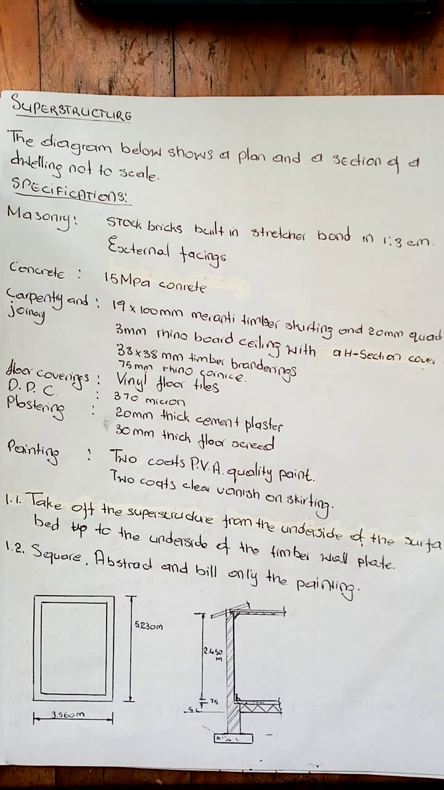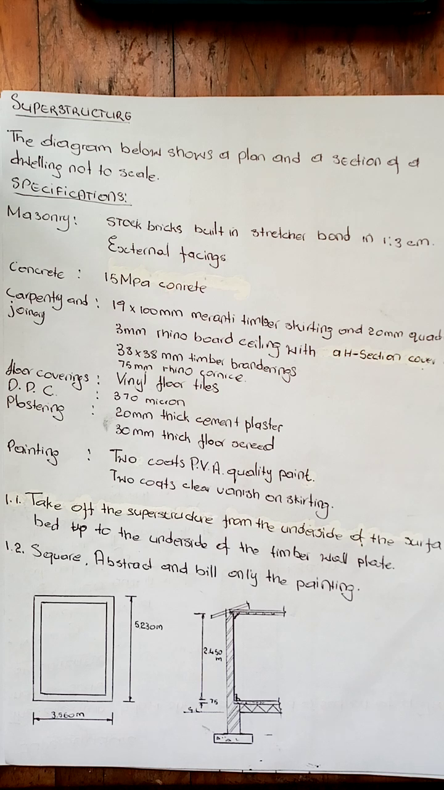Externally is the facings. Concrete, it is 15 MPa concrete. Carpentry and joinery: 19 by 100 millimeter meranti timber skirting and 20 millimeter quadrant, 3 millimeter rhino board ceiling with an H section cover strip, 38 by 38 millimeter timber brandering, 75 millimeter rhino cornice. Floor coverings: vinyl floor tiles. DPC 370